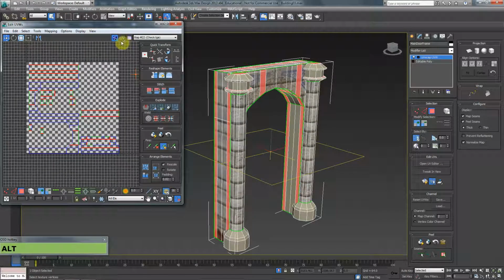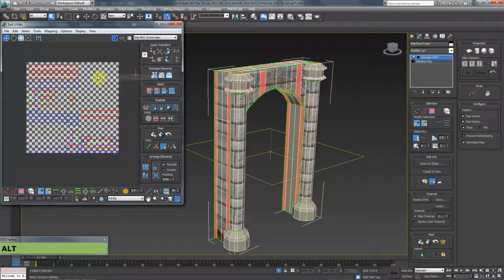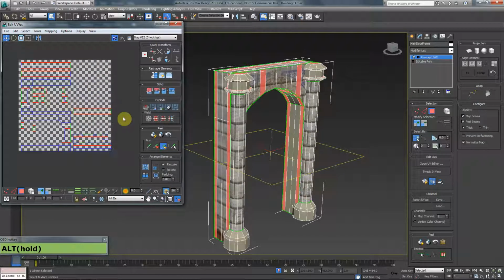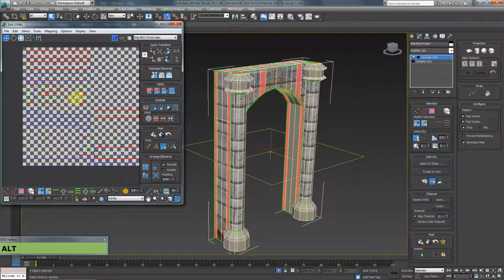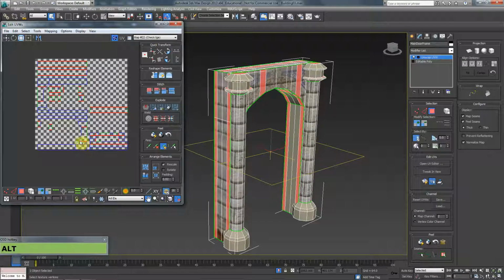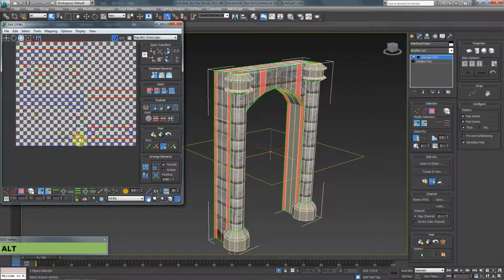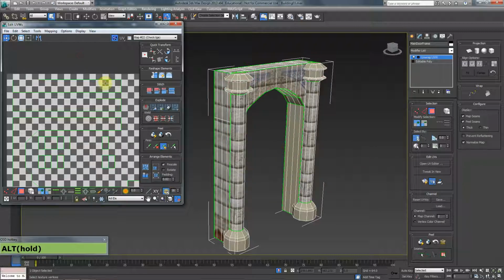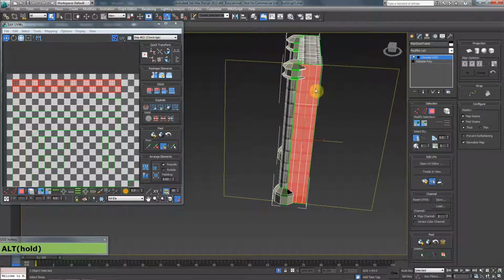I'm going to turn the grid off for now. You can see that I have many inverted faces. We'll go and fix those as well. It's not a problem. So what I'm going to do here, I'm going to start with this top one. So let's select this element and have a look at it. It's over here, and what we want to do